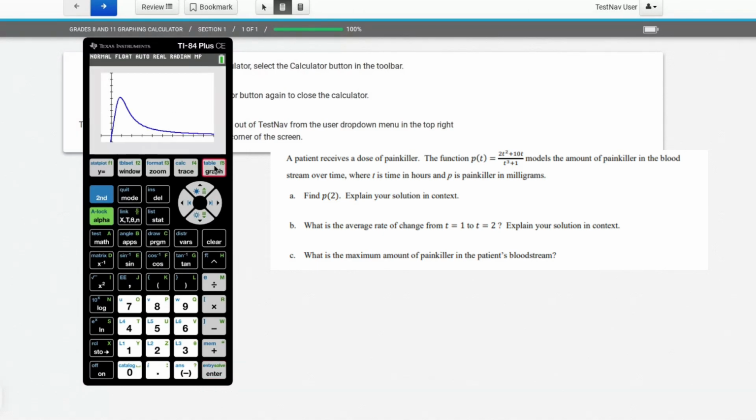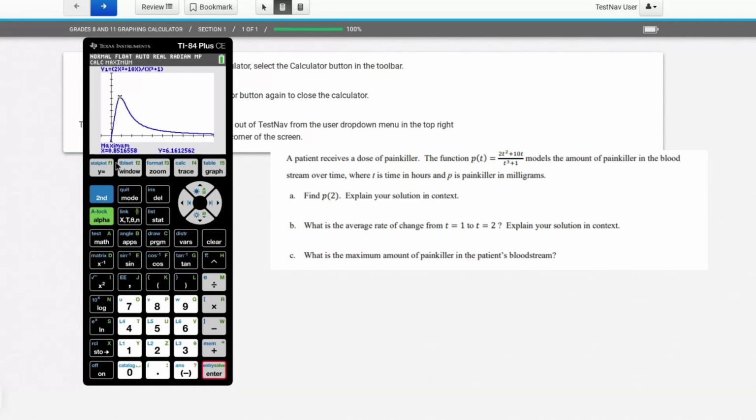Well, according to the graph, it peaks out and then it levels off pretty quickly. I need to find that peak. We've done that before. Second trace takes me to calc, and we're going to hit 4 for my maximum. Let's go to the left of the maximum value, like so. I'm doing it now. Moving to the left, there we are. Hit enter, move to the right of my maximum value, hit enter, and it's going to give me a time